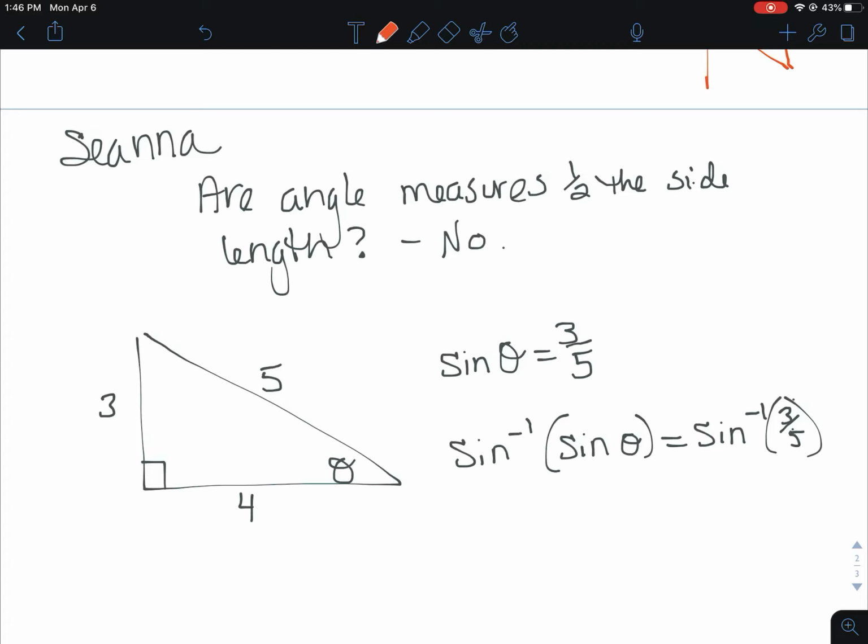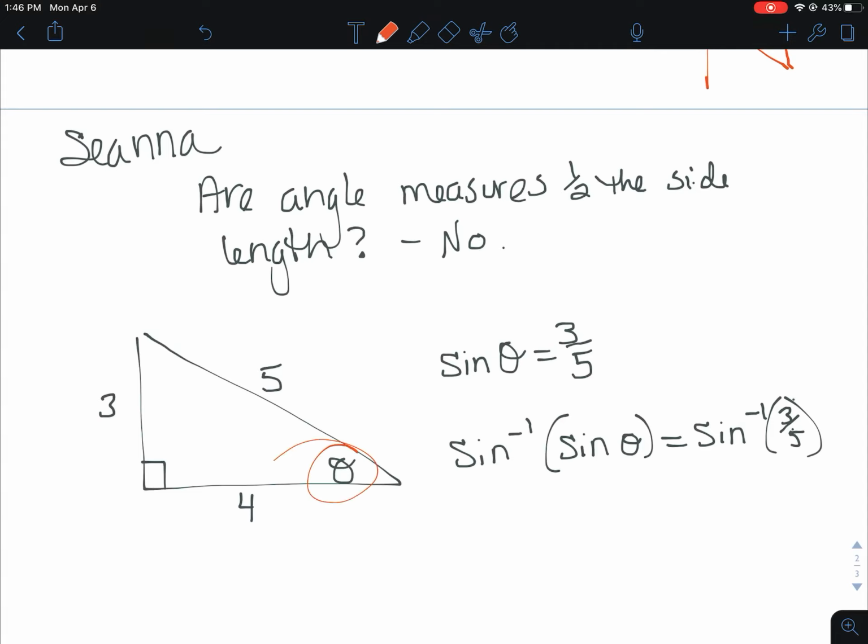Sienna asked about finding the measures of the sides. The relationship between the sides and the angles: the only time the side length is necessarily 1/2 is when we're looking at something on the unit circle, with 30 degrees or 60 degrees. But if we're given multiple sides of a triangle, we can use, if you remember, SOHCAHTOA to find those angle values. We haven't done a ton of this since quarter 1, but let's say we have a